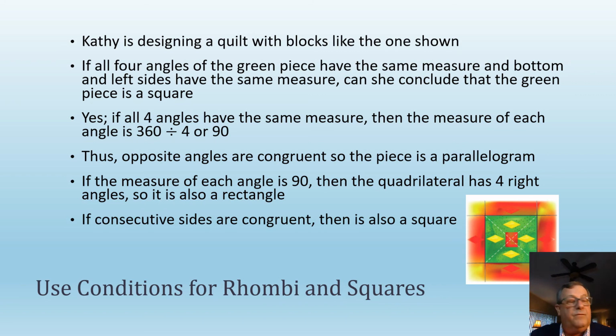And so if we've got congruent sides, bottom and left, consecutive sides, then we know that it is a rhombus. But a rhombus doesn't necessarily have four right angles, which a rectangle does. And so lastly, to conclude, since all four angles are right angles, 90 degrees, and the bottom and the left sides are congruent,